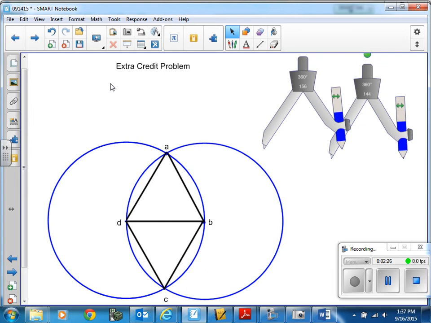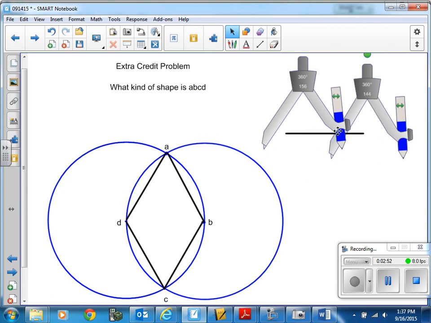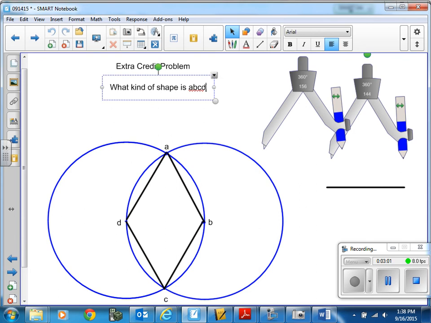Okay, my question is, what is the shape? What kind of shape is A, B, C, D? So if I look at the entire shape and I actually take out this piece, if I look at this shape A, B, C, D, what kind of shape is it? And I need an explanation on why you think it is what it is, how you know that it is that,